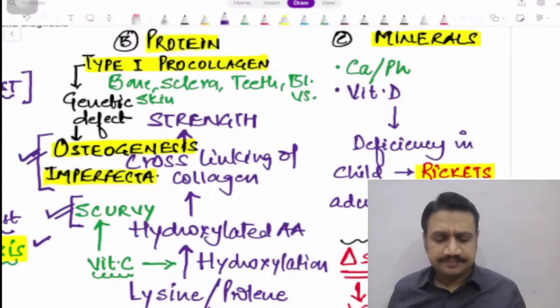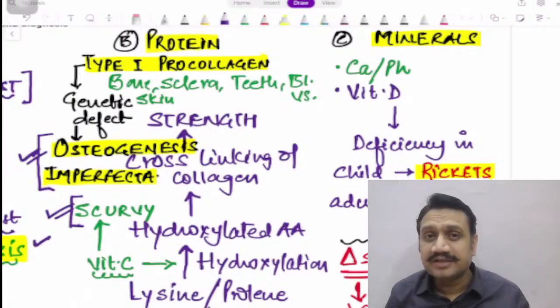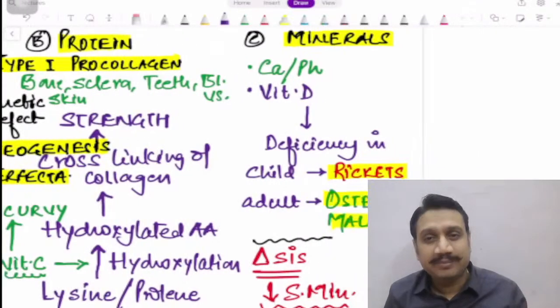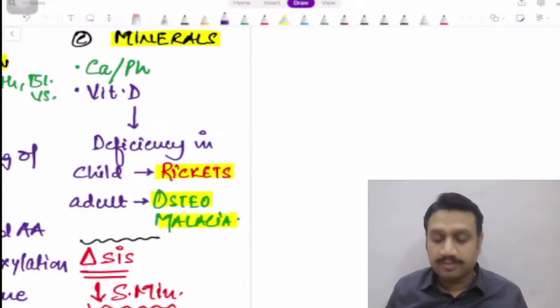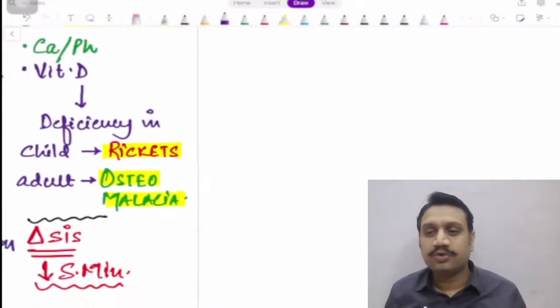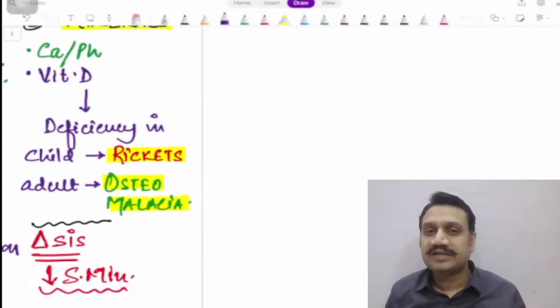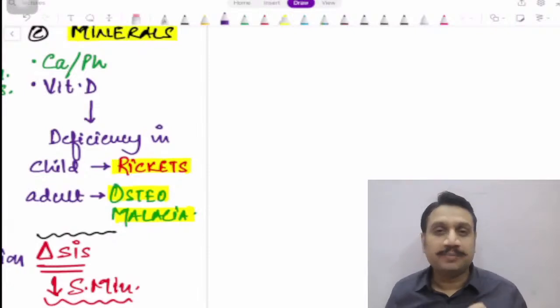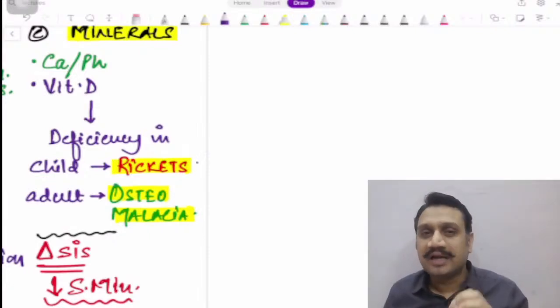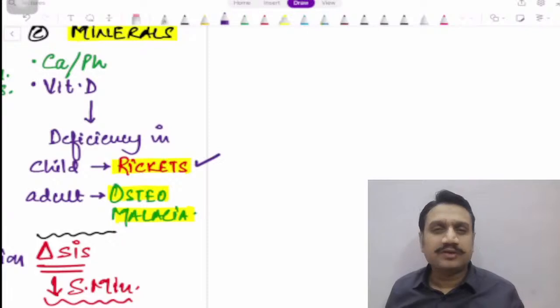So whenever the bones have a deficiency of the calcium, phosphorus, vitamin D, in a child, we call it the disorder Rickets, and in the adults, it is osteomalacia. So 6 disorders, 2 of each category, right? 2 of mineral, 2 of the protein, and 2 of the cellular part. Now, anytime any question is asked to you in your INICET exam, they often give you this kind of question,